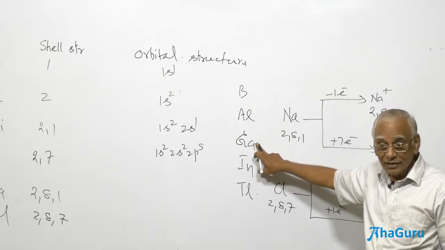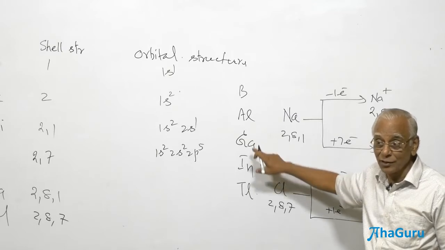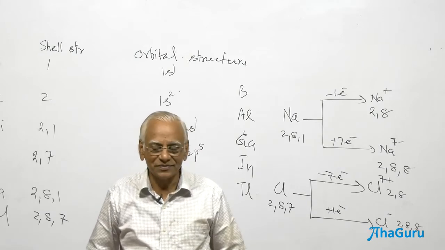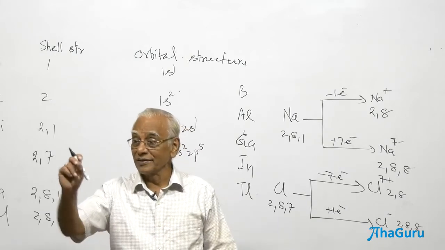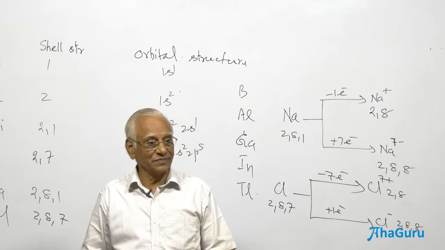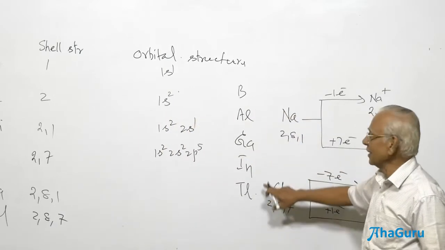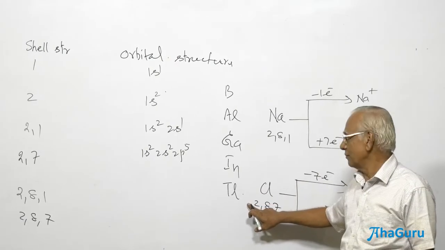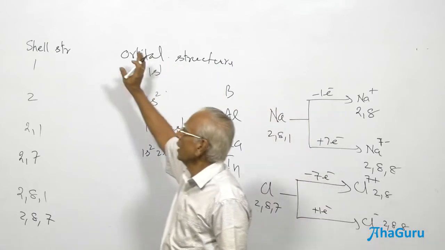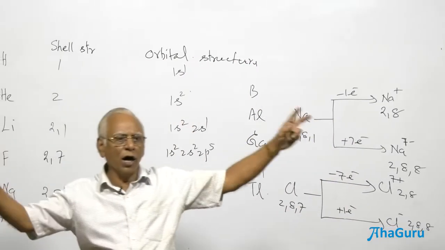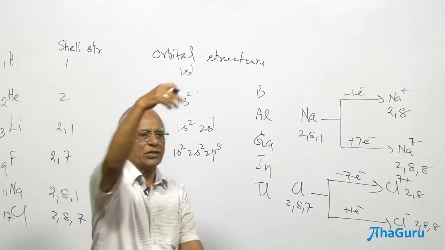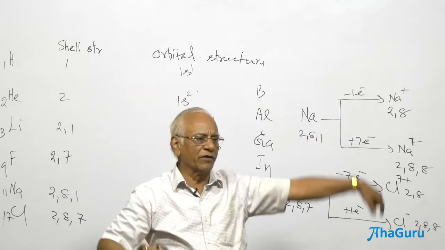It's yet another liquid metal at room temperature besides mercury. You know mercury is a liquid metal. Gallium is also yet another liquid metal at room temperature. All the metals are solids excepting mercury and gallium. Indium and thallium, thallium. They are all metals, group 13. And you have got 3 electrons. And second group have got 2 electrons. Now all of them are electropositive elements because they have got 1 electron, 2 electrons and 3 electrons. It's easy to remove these 1, 2, 3 electrons to get the octet configuration.